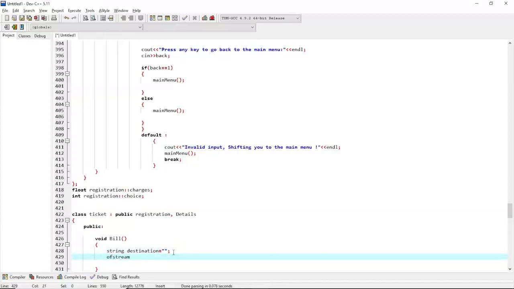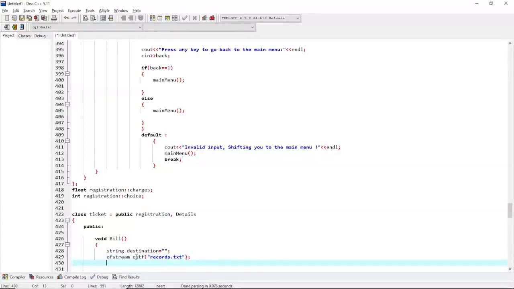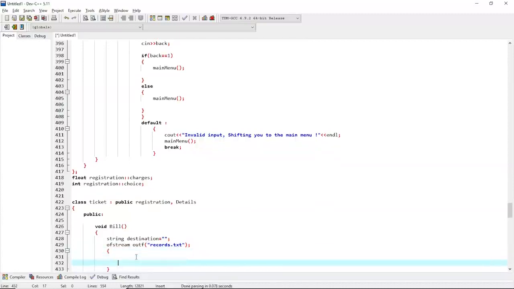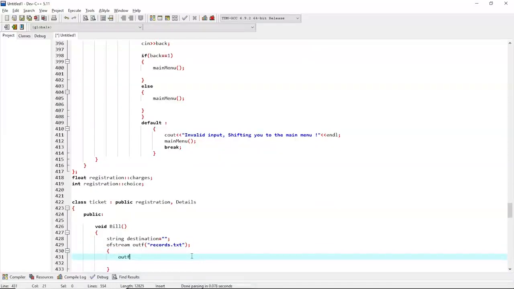So now ofstream, as we know, is used to create or write information in the files. The object of ofstream we have created is outf. Now let's say the file is records.txt. You can name it as per your choice, in which the data of the flights is being stored. Now we'll write inside this records.txt file. So as we know, to write inside the file the object name and then whatsoever we want to show inside the file,